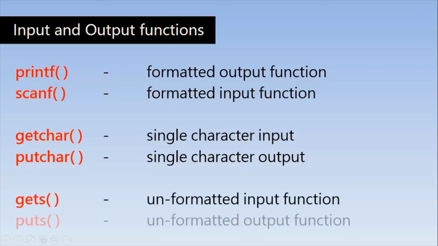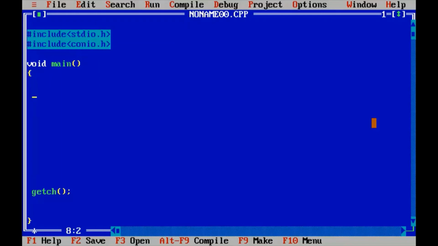So now let's see how to use the gets and puts functions. The gets function is used to take a string in, that means a group of characters, and the puts function is used to print the string. So friends, here I want to take a group of characters, right? So just char a will not work here, because a single variable can hold a single character. So I have to take a group of characters. To accept a set of characters, I need to specify the size here.